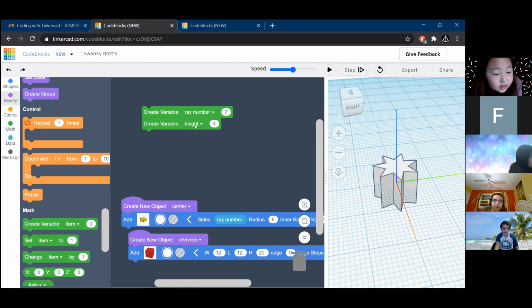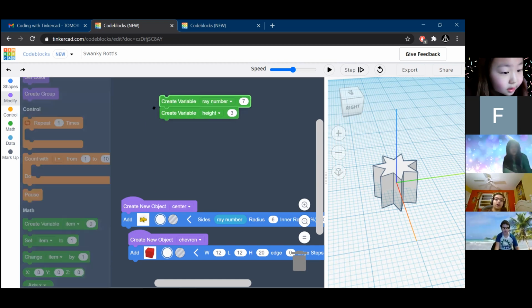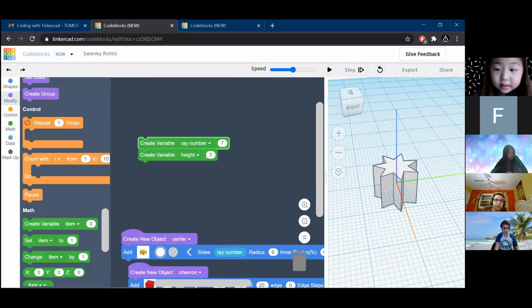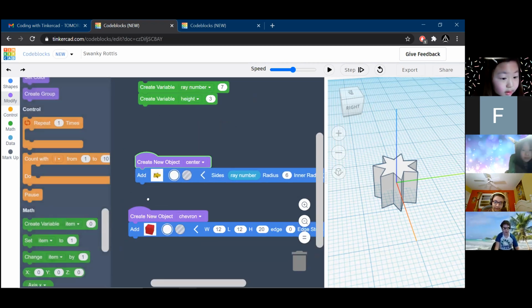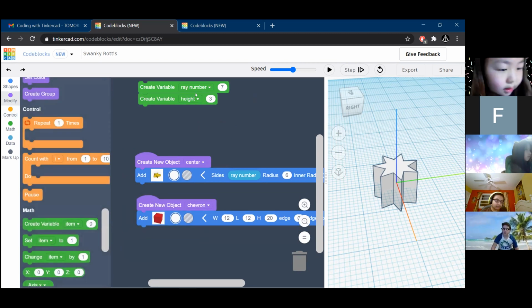Okay, so you have to make sure that all of the variables are on top of everything else. So the order should be the variables, and then center, and then chevron. So it should look like this. I put the array number variable beneath the star one. Okay, I would move it on top, because if you move it down below, then it's not going to make the array number correct.